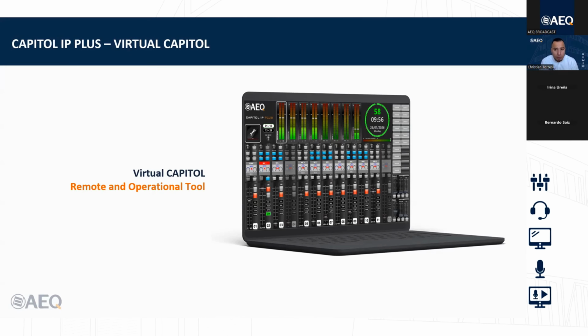But it's possible to operate the console remotely or in parallel with this remote control. Simply use the virtual console. For example, it's possible you have 2 buildings. In one building, you have the control, the M-Core Plus engine, but in the other building, on your tablet or your PC, you operate this software. You manage, or your administration manages, the different crosspoints or the different signals to audition program, anyway, with this software.